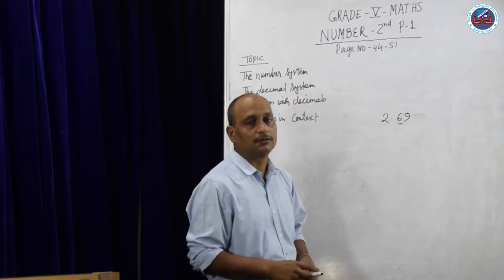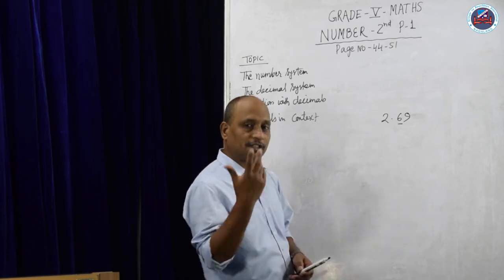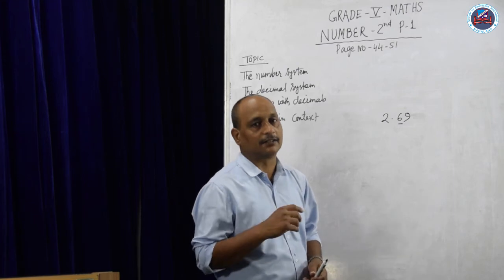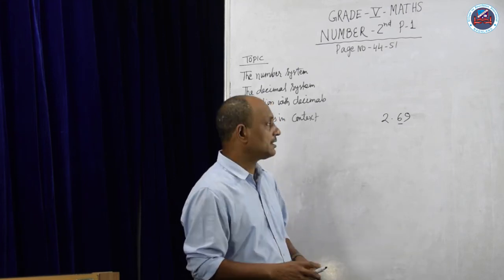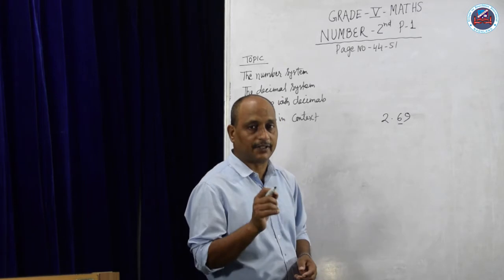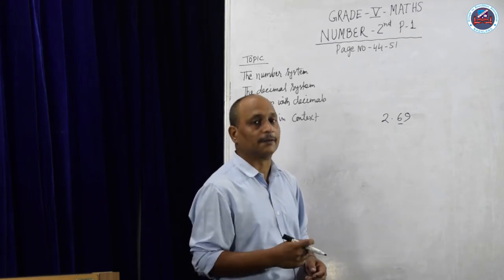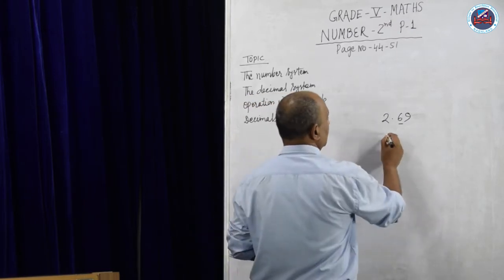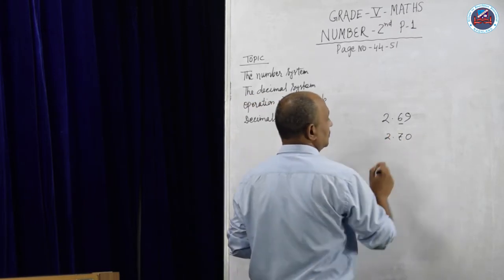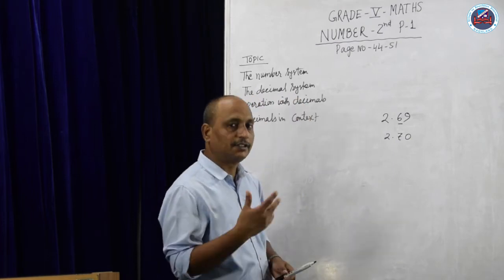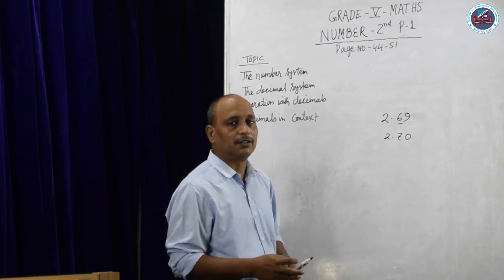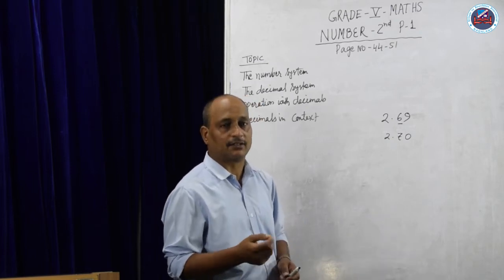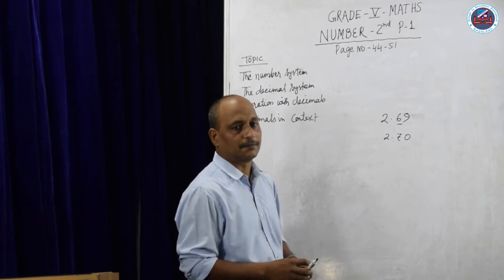And what are the rules of rounding a number? You have to see the right hand side number. Right hand side number is 9. 9 is greater than 5. That means the underlined number, the tenth value number, will increase by 1. That is, it will turn to 7. So your value will be 2.70. In this way, we can round all the numbers to the nearest tens, hundreds, or tenth or hundredth. It depends on the question.